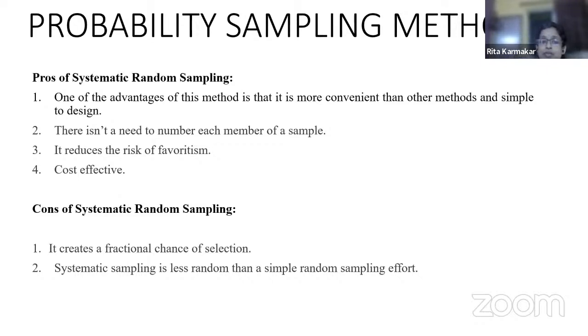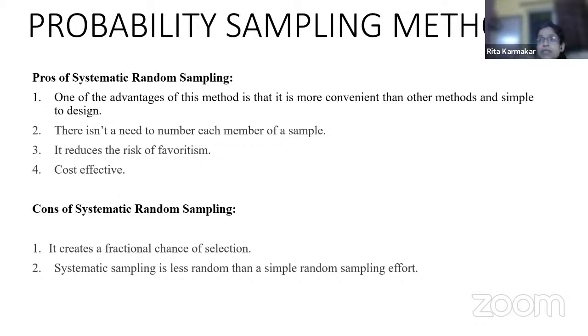There isn't a need to number each and every element. Like in simple random sampling, you have to number 1 to 100, and you don't know which positioned individual is coming. Here, once you have that first element, you can only pick and choose that first element plus that skip interval. So the first element is 5th, second would be 15th, third would be 25th, so on and so forth. It reduces the risk of favoritism, but however, this same